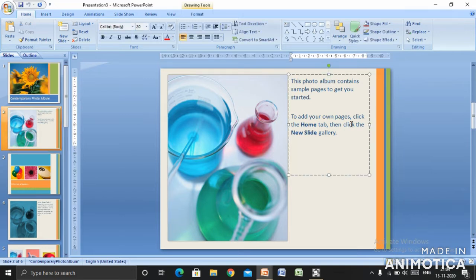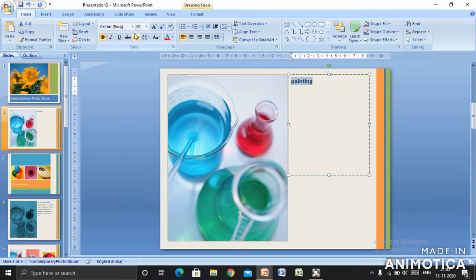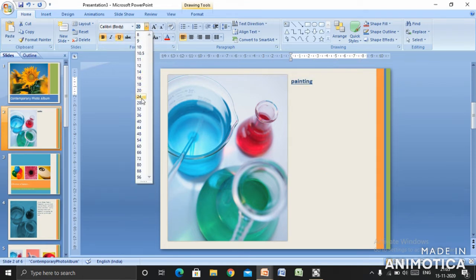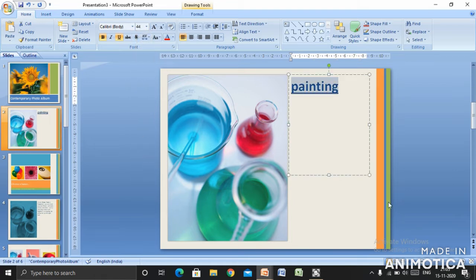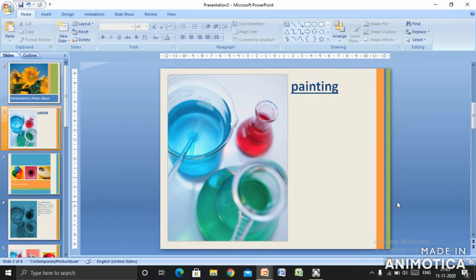Suppose you can delete it and write whatever you want to write. This way we can make changes in the built-in templates. You can make it bold, you can make it underline, you can increase the font size. So this is the use of the built-in templates.